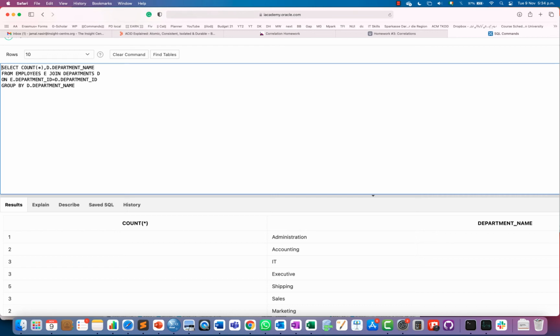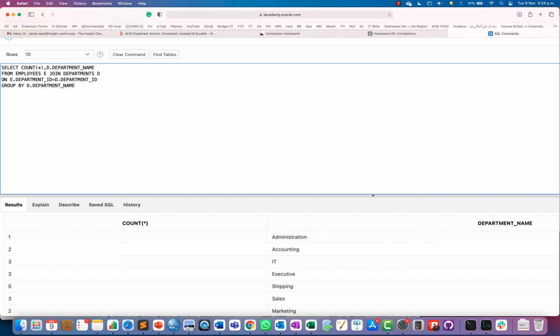Okay, and in the lecture we saw that with the group by clause, we can only print group functions or the name of the group by attribute. I cannot print some other attribute here because it will throw an error. It should be part of the group by clause.